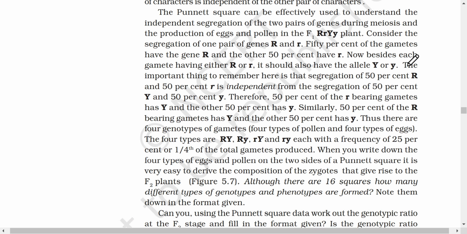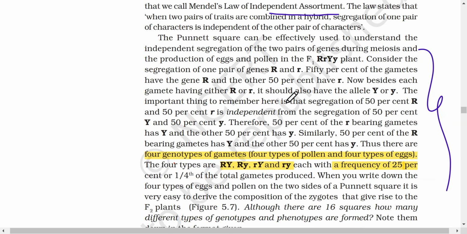The Punnett square can be effectively used to understand the independent segregation of the two pairs of genes. Again, यहाँ पे Punnett square use किया. This entire paragraph is about the diagram that I've already shown. Now, besides each gamete having either capital R, small r, it should also have the allele capital Y or small y. So again, we have over here, you can easily understand that हमारे पास इस पूरे पैराग्राफ का एक क्रक्स है